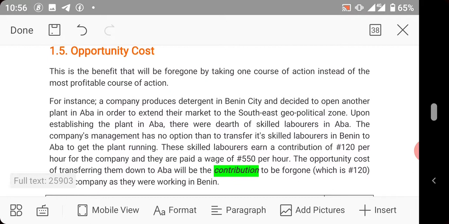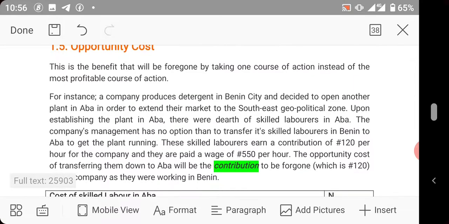Now, when we built this plant, we found that there is non-availability of skilled labor that can manage this plant. Now, we have no option than to pull our skilled laborers that are experienced in Benin